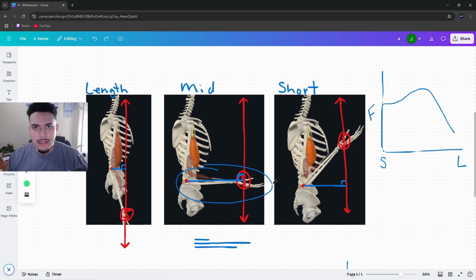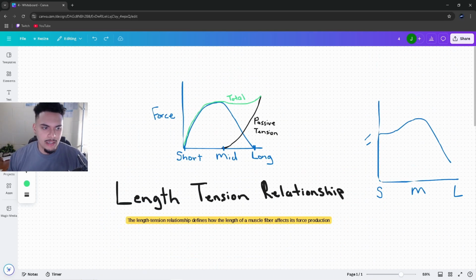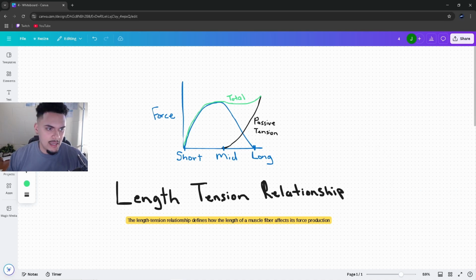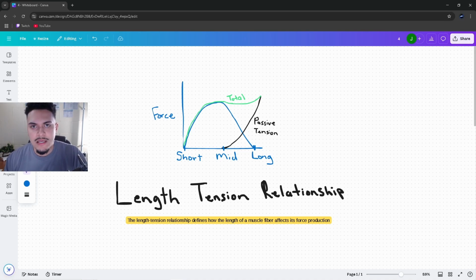Now, before we get into why moment arms matter, there is a principle that we need to understand first, and that principle is the length-tension relationship. What the length-tension relationship defines is how the length of a muscle fiber affects its force production. And it describes that here in the shortened range,